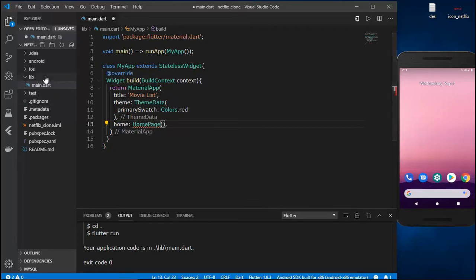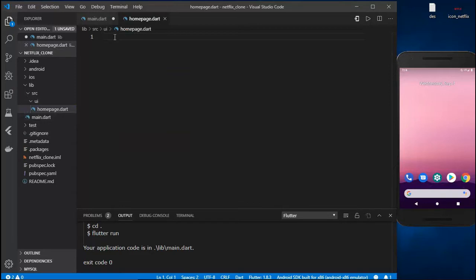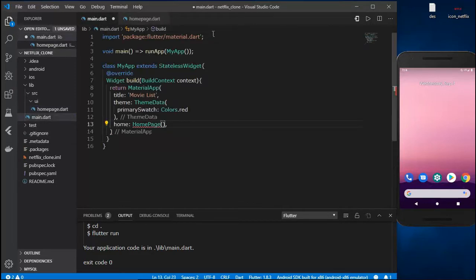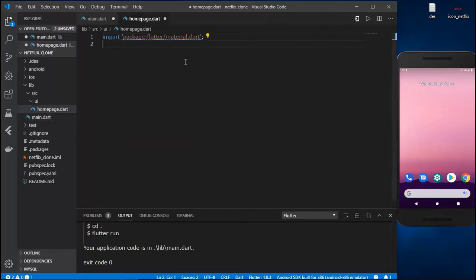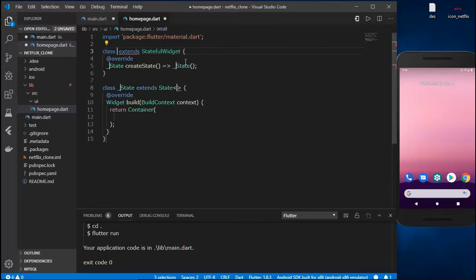So let me go back inside the lib folder, and here we'll create a new folder and call it src. And inside src, let's create another new folder which should be ui, and inside the ui folder we'll create a file called homepage.dart, and inside homepage.dart, let me just import the material.dart package from Flutter. Import it and just paste it right here, and then we'll need a stateful widget, which should be HomePage,